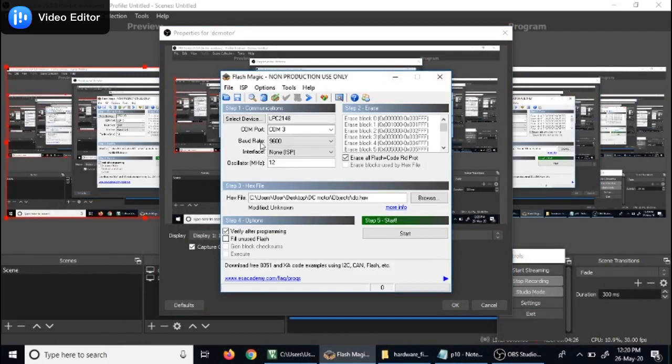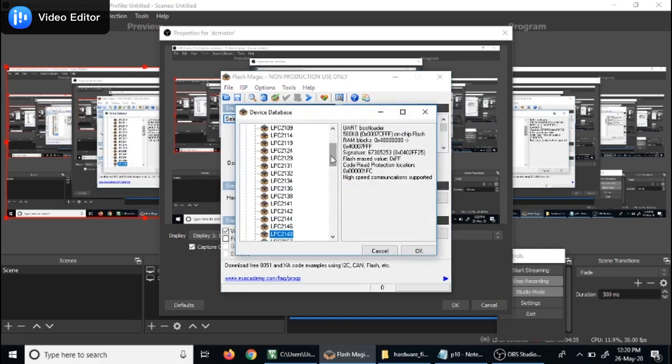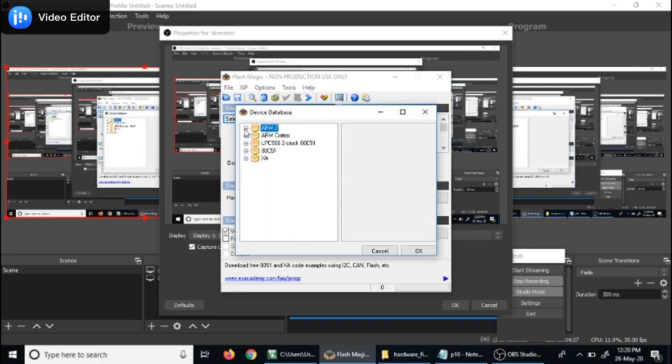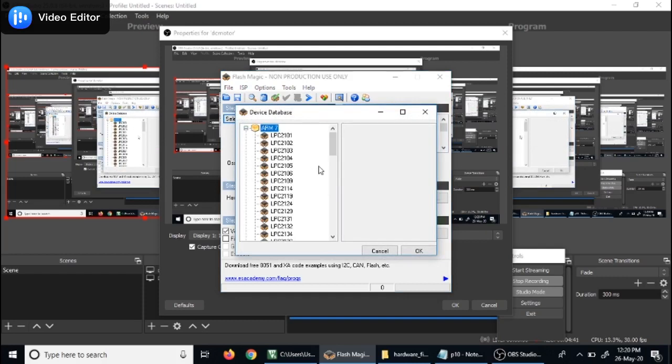In Flash Magic, the device is already selected as LPC2148. If something else is there, click on Select Device. In Select Device, you can find LPC2148 under ARM7. So it belongs to the ARM7 microcontroller family. Select LPC2148. If it is already selected, fine.